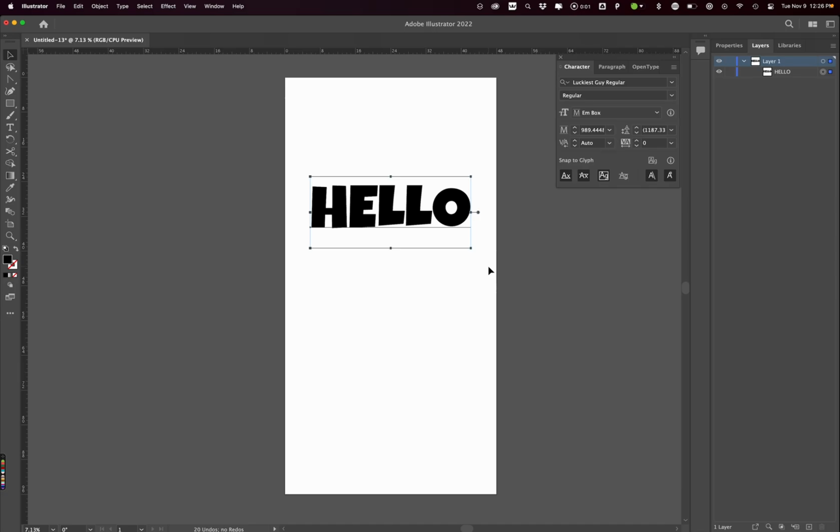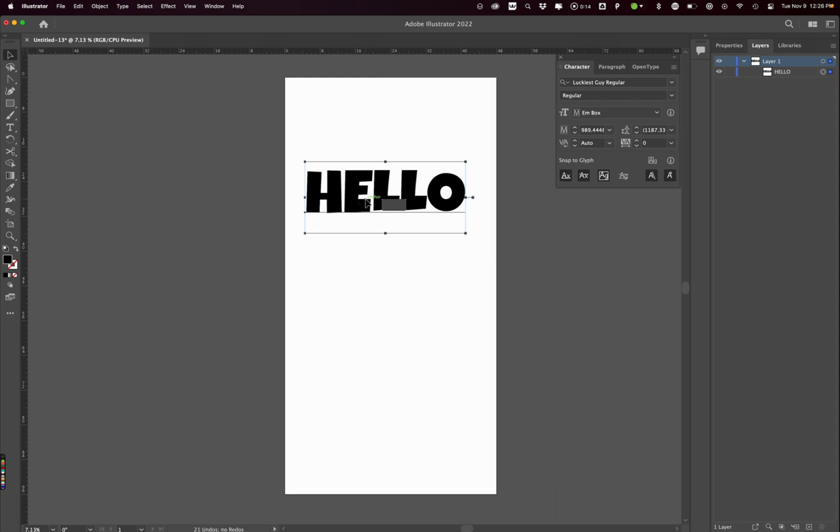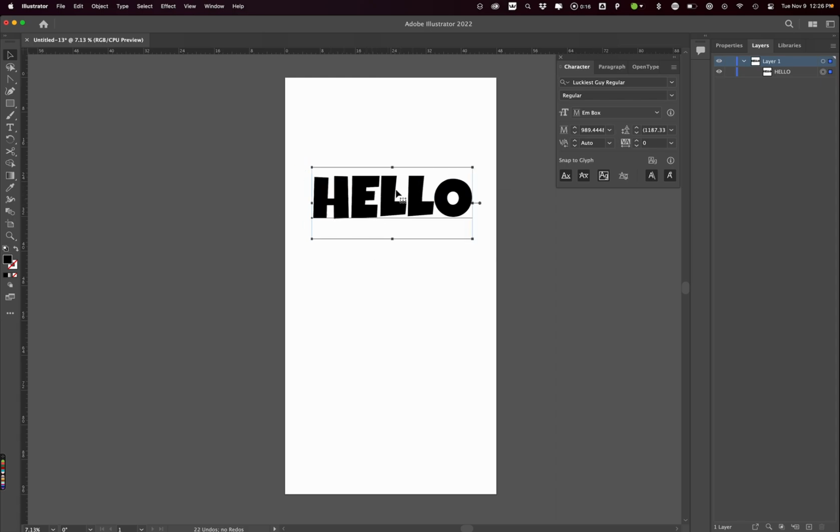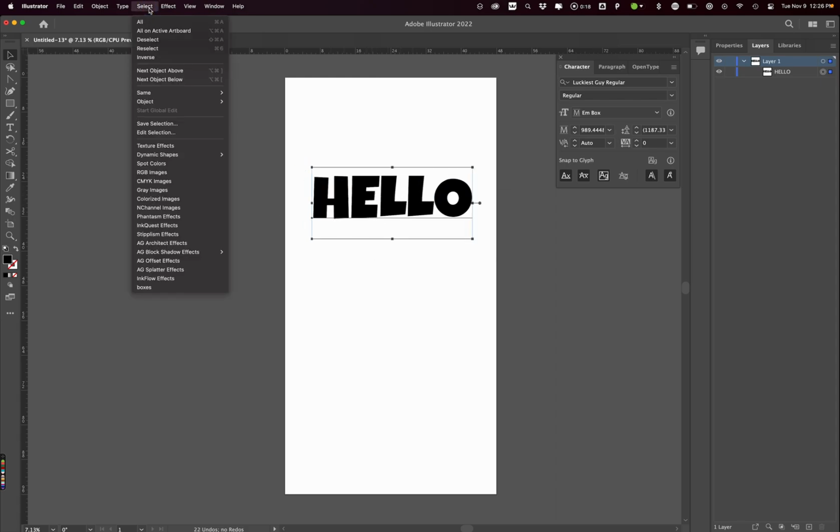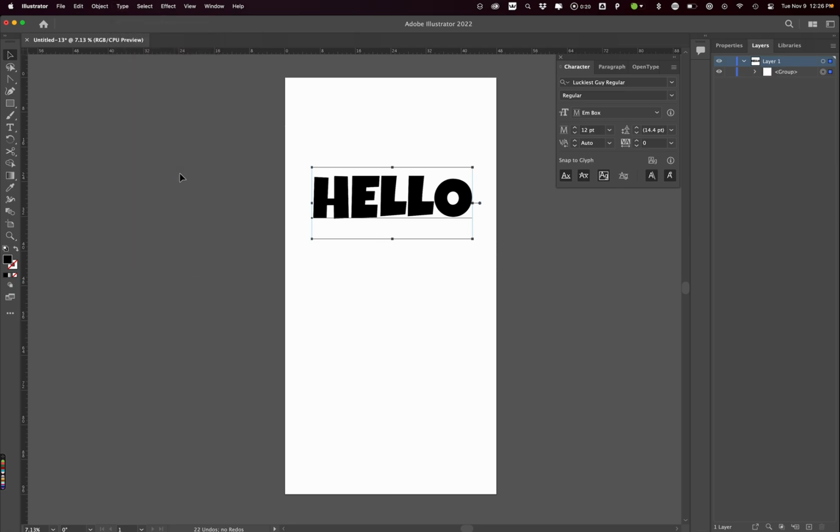Okay, I'm going to show you a trick here to change textures inside of letters pretty easily using links. I have some text here that's still editable. It's still text, so I need to create outlines from it. So it's just objects. I could do that by going to Type, Create Outlines, or I could use the